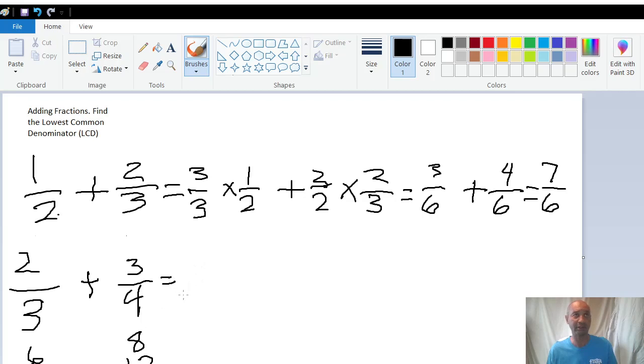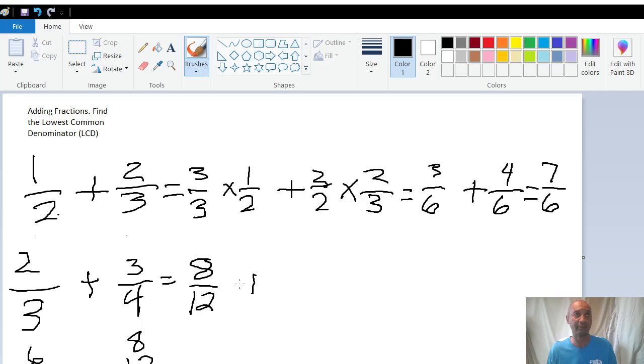And so then we have 12 in the denominator. So we had to multiply that 3 times 4 to get 12. So we take 4 times 2 to get the numerator, which is 8,